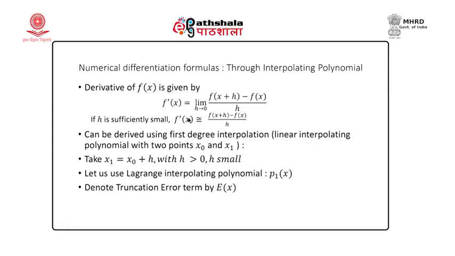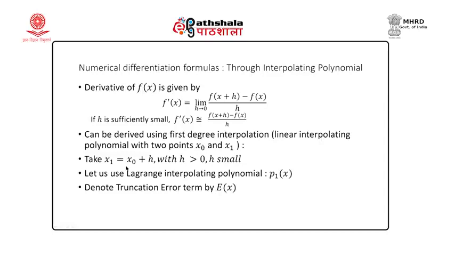Now, let us apply the method we have talked about, to make a beginning. Later on we will discuss the general numerical differentiation formula. To make a beginning, let us take 2 points x0 and x1. When we apply polynomial interpolation to these 2 points, we will get a linear polynomial of degree 1, that is a straight line fit, and that would be our representative of the function f(x).